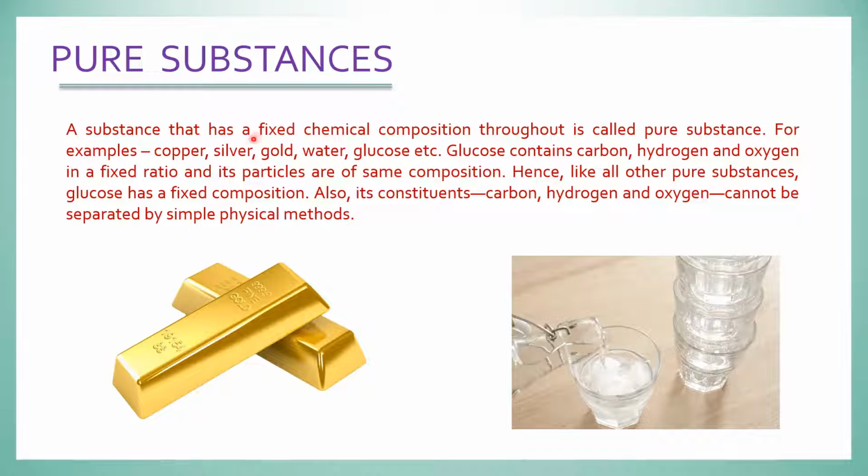So this is what is meant by fixed chemical composition, and hence like all other pure substances, glucose has a fixed composition। If we change the number of atoms contained, then another pure substance will form, and then its properties will also change, the substance will also change, and also its constituents carbon, hydrogen and oxygen cannot be separated by simple physical methods। So the components of pure substances cannot be separated by simple physical methods। Okay,